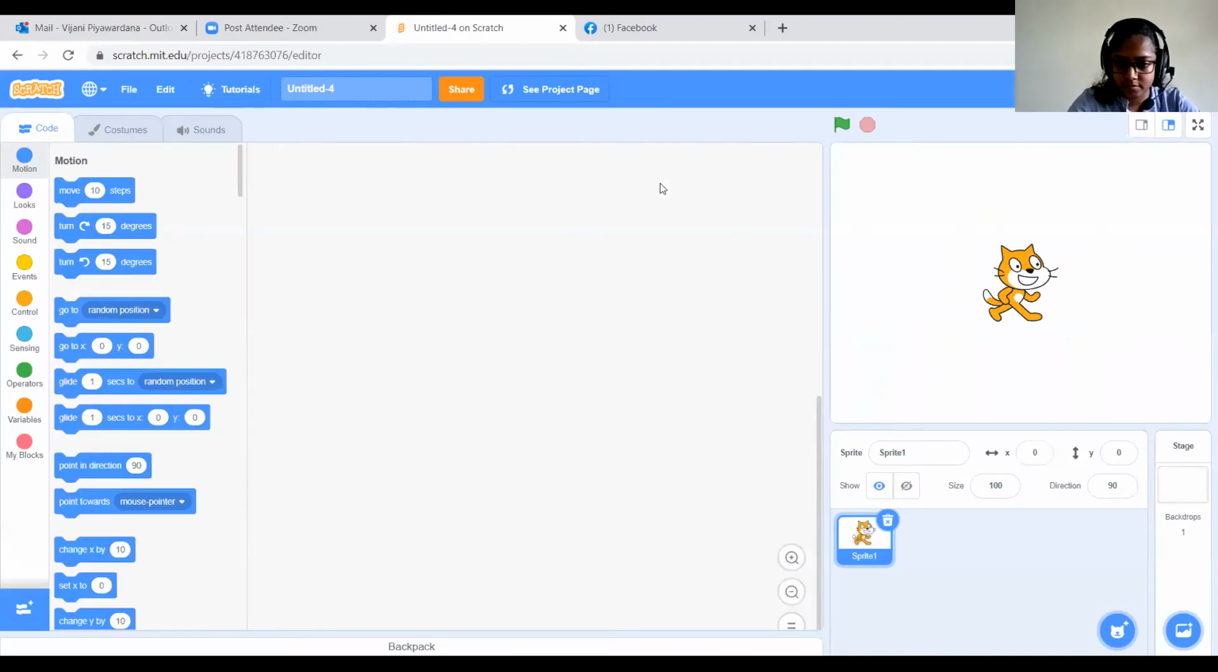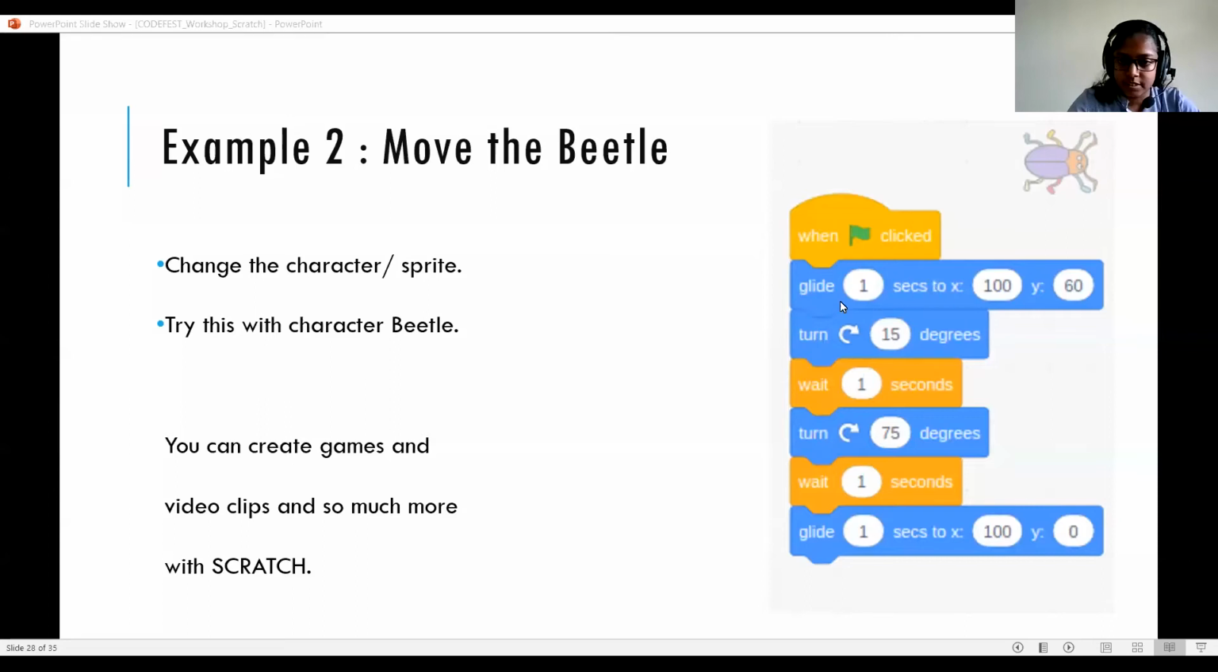Okay, now you have a beetle here. Can you see? If you don't need this character anymore, you can delete it. Can you see the delete icon next to the character? Okay, I'm going to remove this cat. Now I have the beetle. Now I'm going to do this story. When the flag is clicked, beetle glides 1 second to the